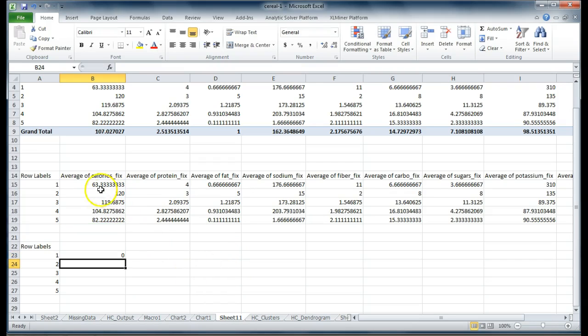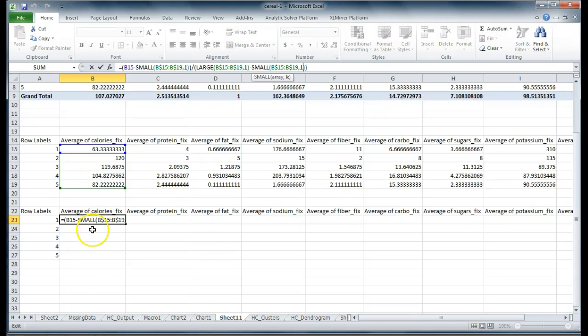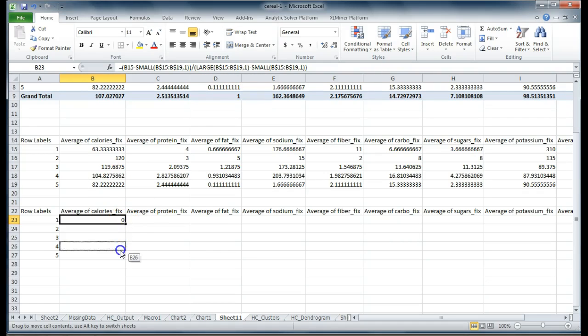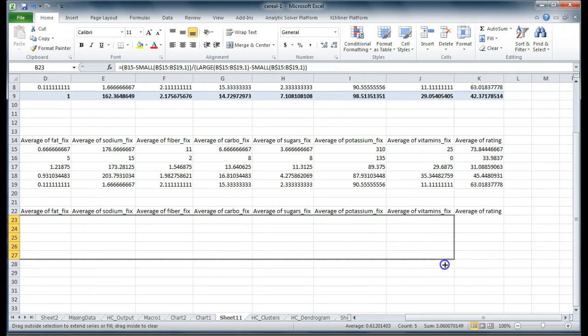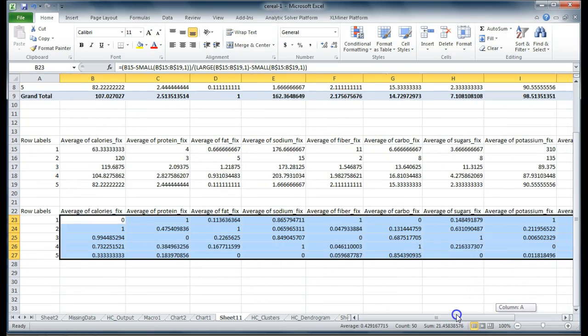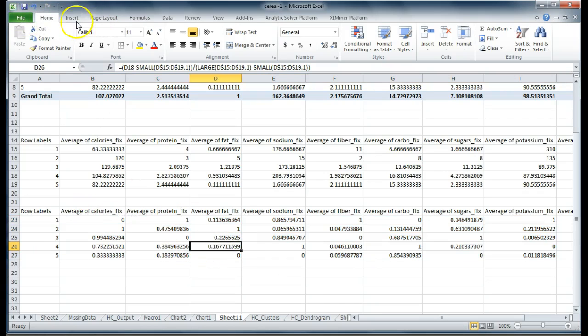So what this has done is this has rescaled, and since 63.3 was the smallest value, we create a cell consisting of the rescaled value. So we have 0 because we had the lowest value. I can just drag it down, and then I can drag it sideways. So this very quickly gives us a snapshot of various features for each of these clusters, all rescaled to lie between 0 to 1. So what I can do next is I can go back to my Excel,